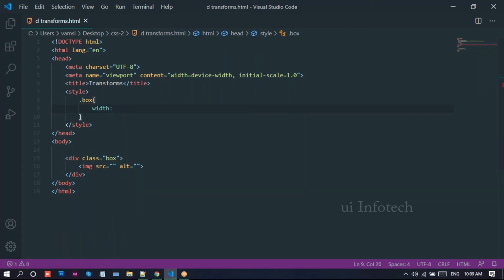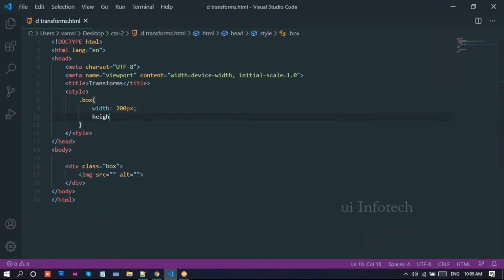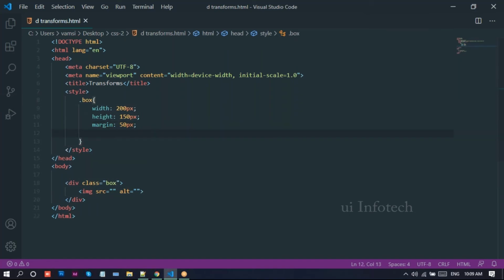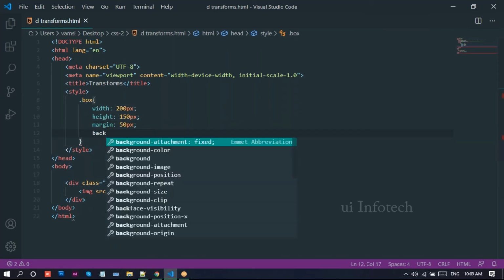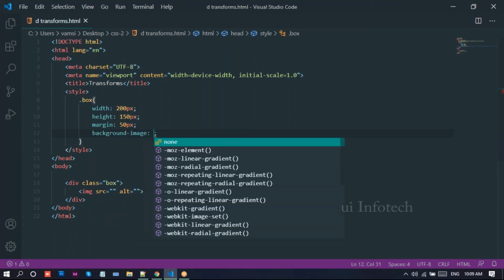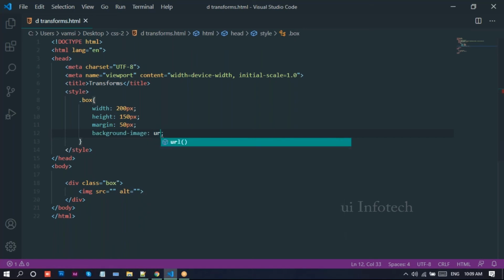In the style for the box, I'll write a width of 200 pixels, height 200 pixels, or else 150, and margin 50 pixels.